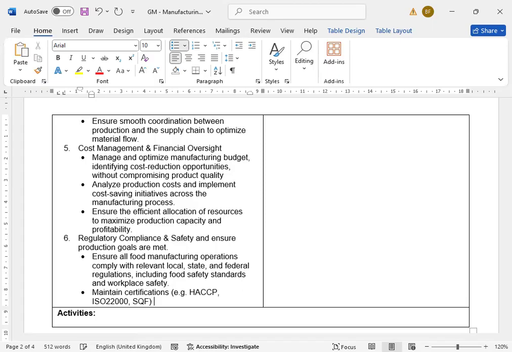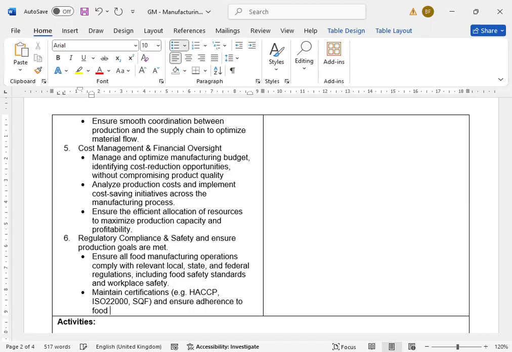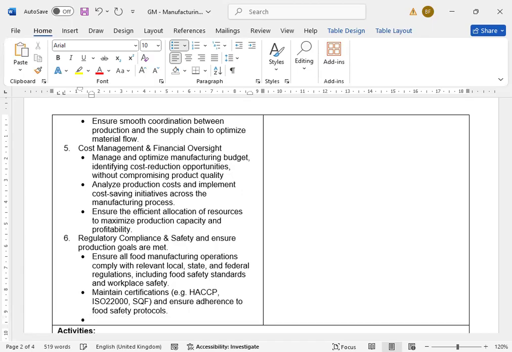And ensure adherence to food safety. Okay. Food safety protocols. Protocols. Okay. Then period. Okay. Then another one